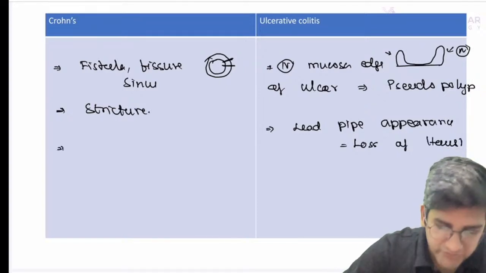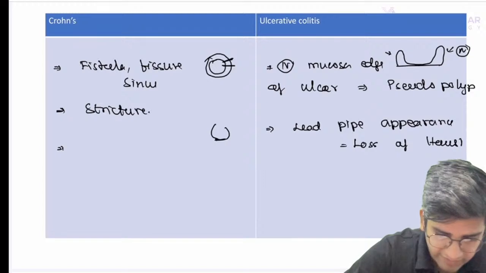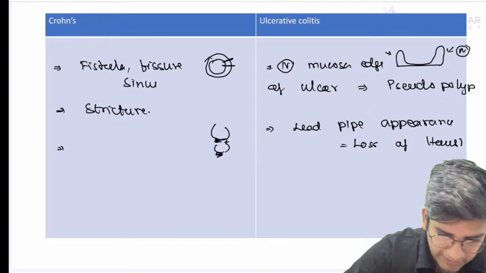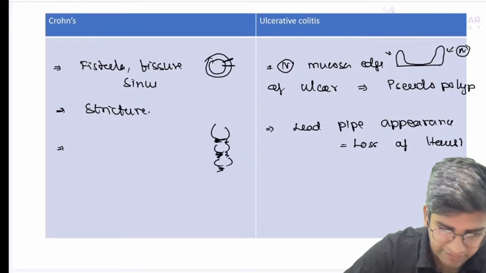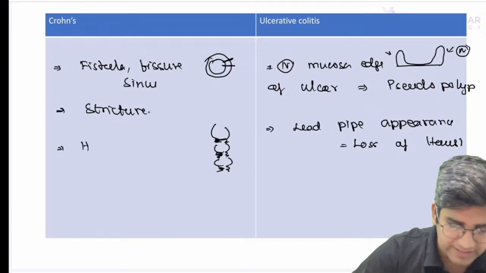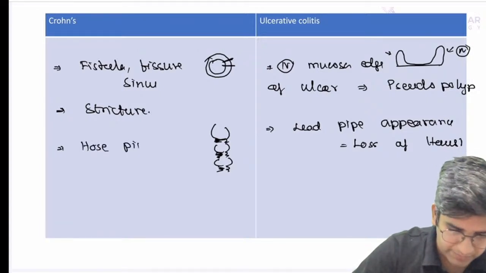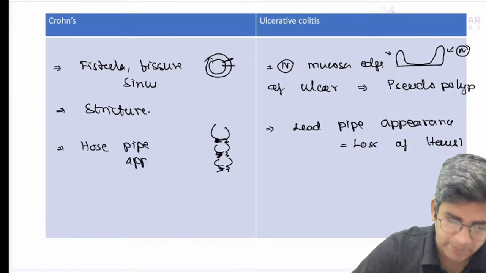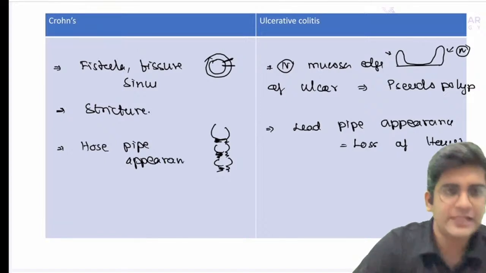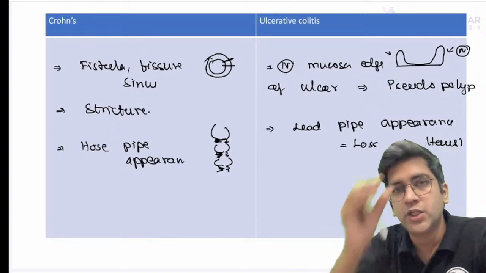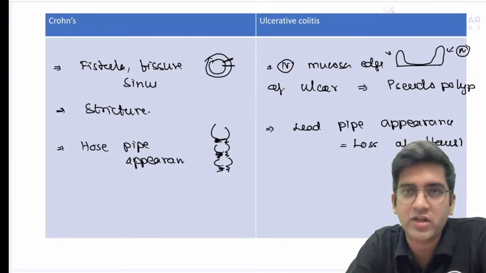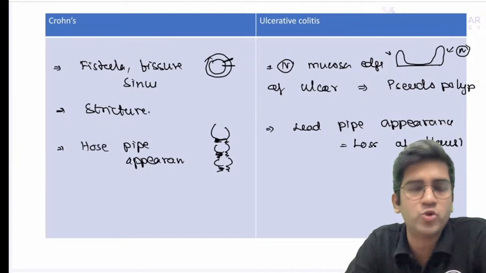Again, here, since it's intermittent, I'll have fibrosis here, again intermittent. I'll have fibrosis here. Because of this, it has an appearance called a hosepipe appearance. That's also a classical finding. Intermittent involvement, we call it a hosepipe appearance. Throughout involvement, throughout destruction, we call it a lead pipe appearance, right? This is one of the two major findings.